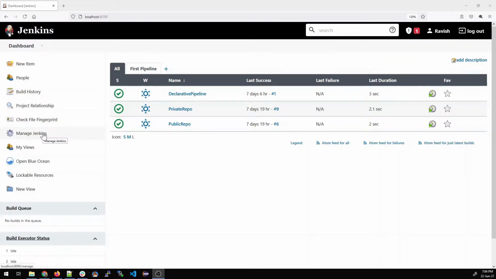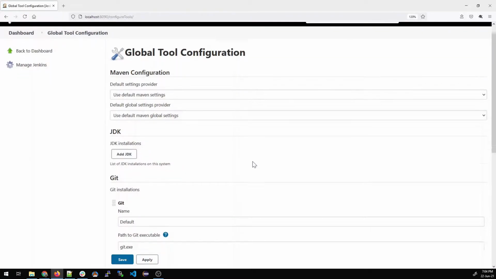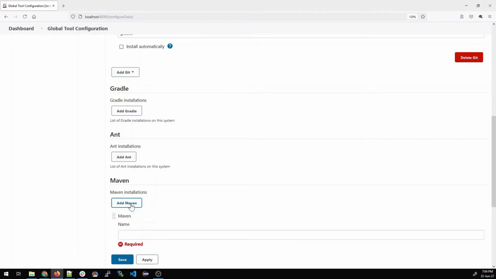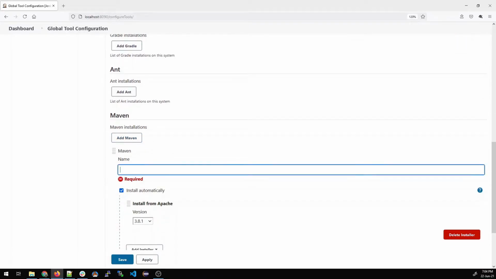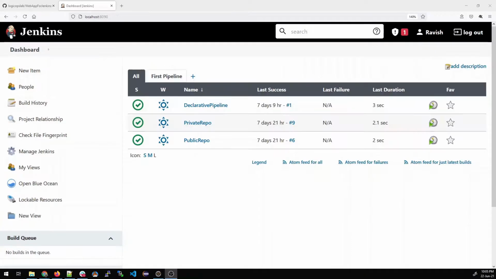Let's go to manage Jenkins in our Jenkins file. Dashboard, go to global tool configuration. Let's scroll down and we'll see how to fix the Maven issue. Many times what happens is there is an issue related to Maven, build is not happening, and we'll add an entry over here. So I'll just give the name Maven 3.8.1 because that's what we have in dropdown. In this project we'll be using 3.6.3. I'm just telling you how to add. So all you have to do is save. This is one of the important steps that you have to do. Otherwise you have to install it through Jenkins file.